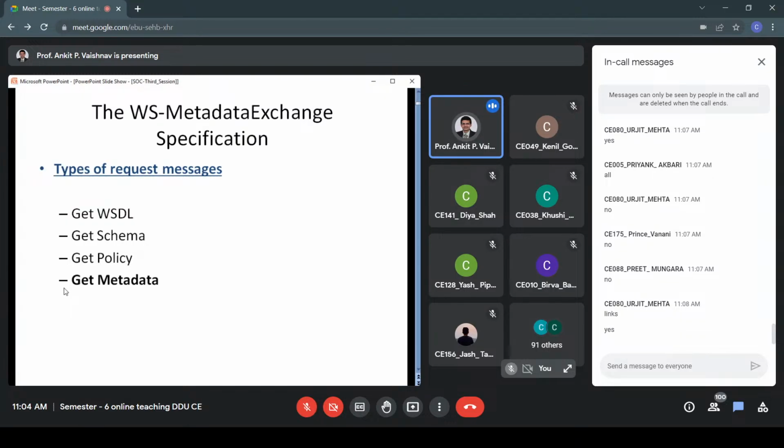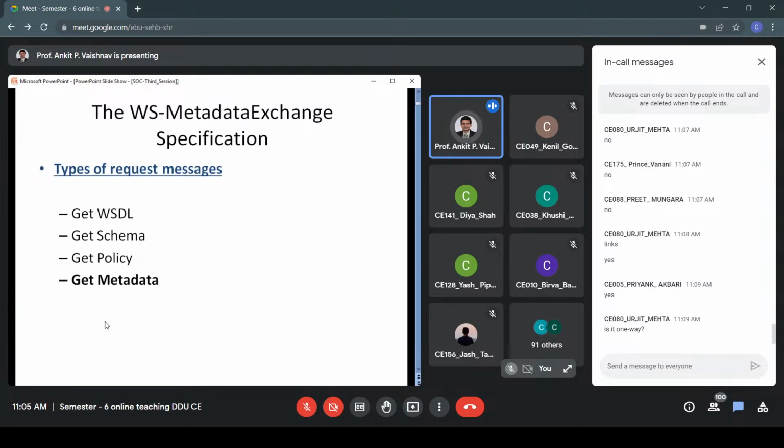Although the requester has requested everything, as a provider, to maintain your network efficiency, we will not be sending everything in actual form. Some things you will be sending in actual form, and the others will be sent in terms of references. So get metadata does not necessarily return you all details. Is that point clear? Get metadata does not always return all details, right?